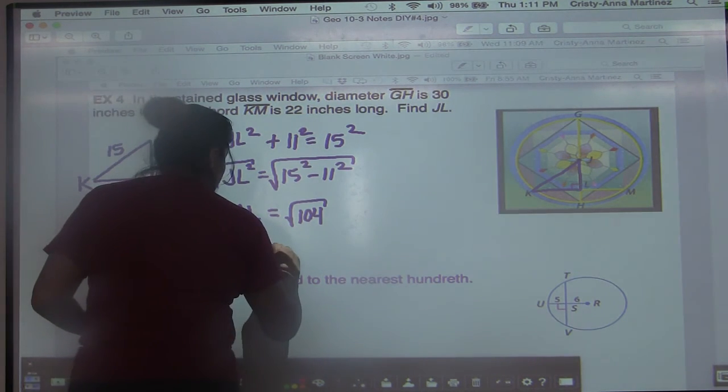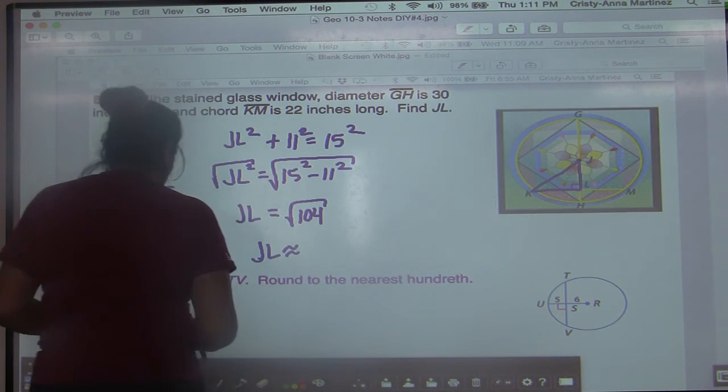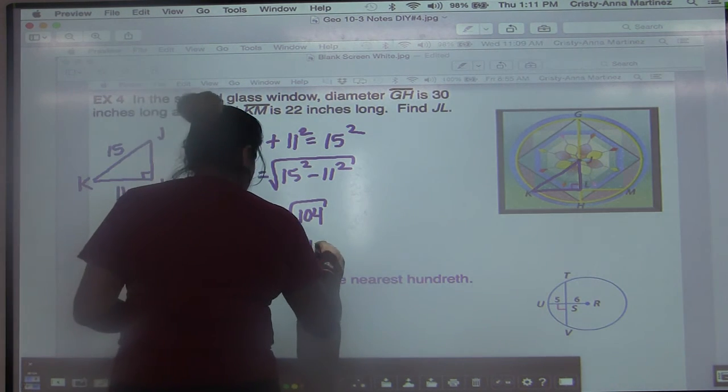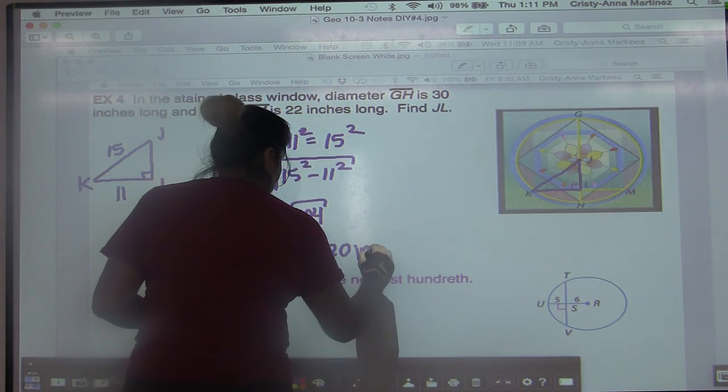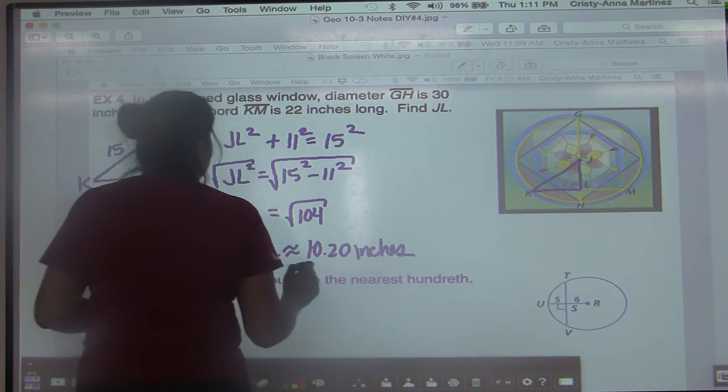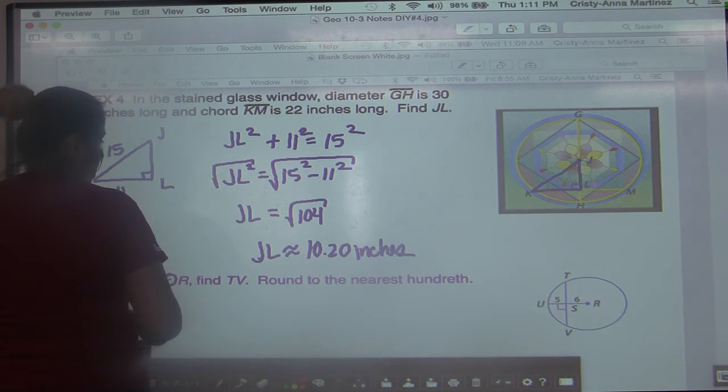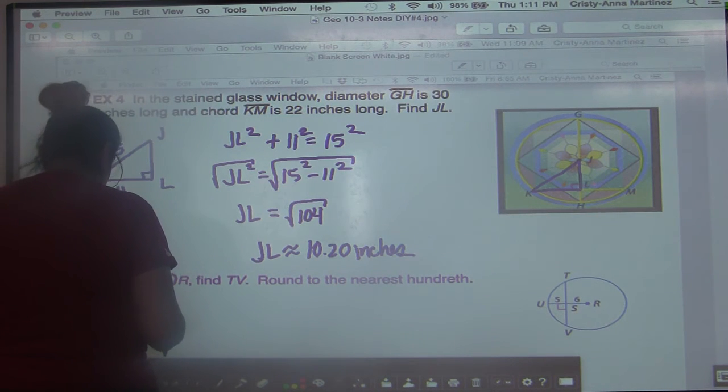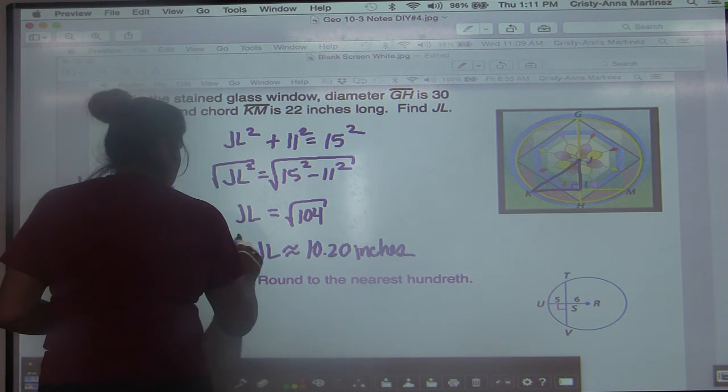approximate this. So the square root of 104 is approximately 10.20, and it was in inches. They had told us it was 30 inches long, so our dimensions are in inches, our units are in inches, and that is how we get